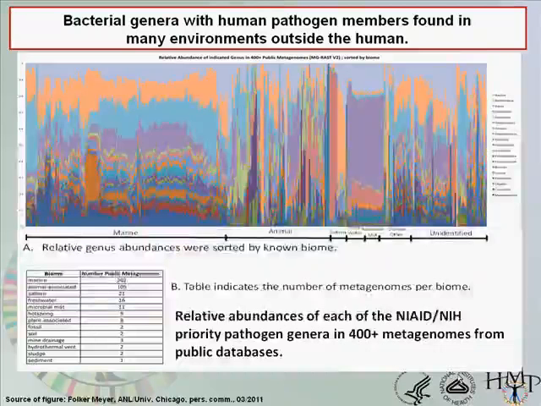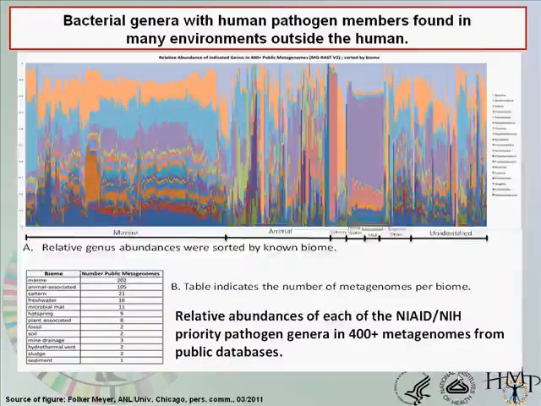So one more thing I want to introduce here, especially if you come from a microbiological perspective, we've been dealing with human pathogens sort of in the absence of their environmental context. So this is a very interesting study. This is out of Volker Meyer's lab. He's at the Argonne National Lab and also University of Chicago. Again, unpublished data. What they did here is they also went into the public database and pulled out all metagenomes, and they blasted the NIAID's priority pathogen genera against that.